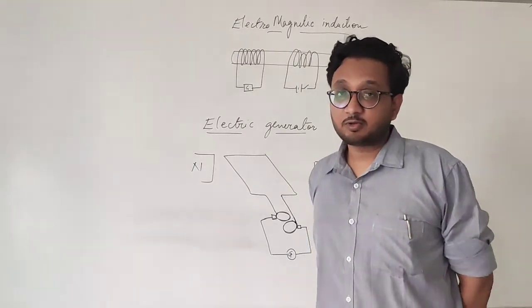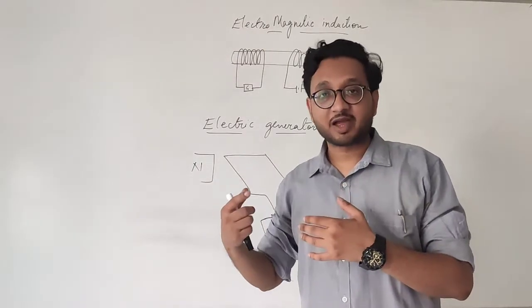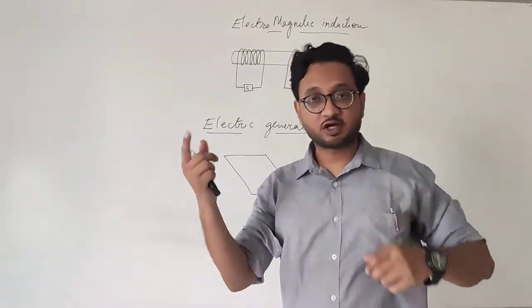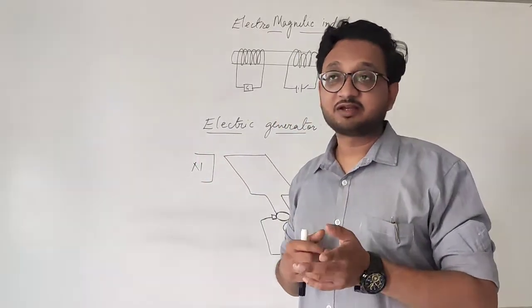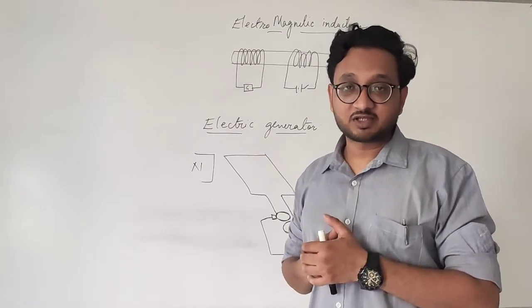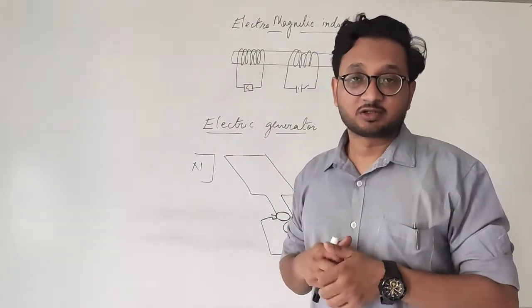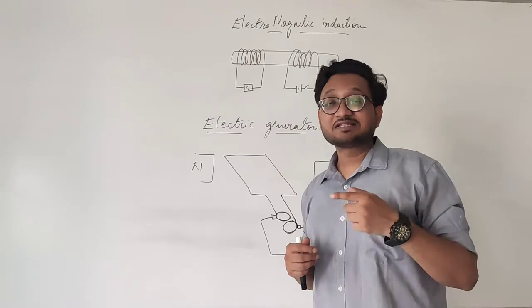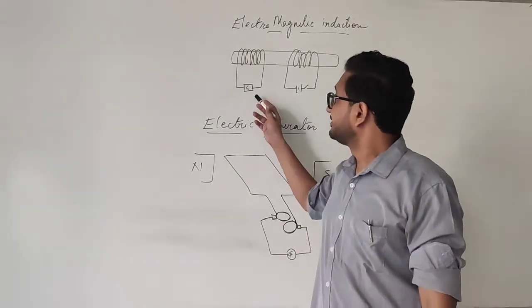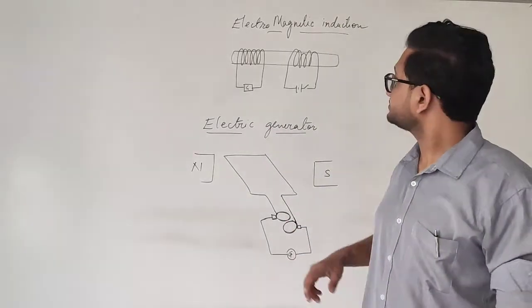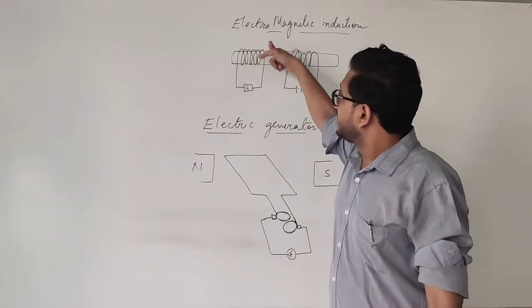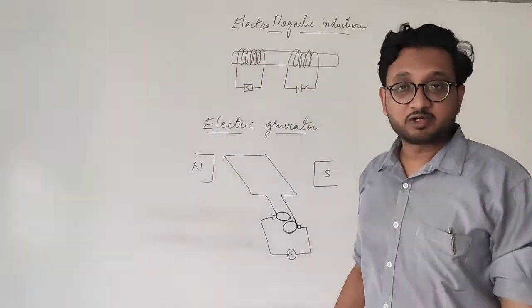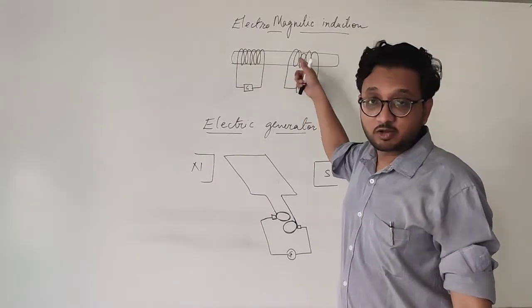So we studied how when a coil moves around a magnetic field, or when the magnetic field is moved around a coil, it shows a deflection in the galvanometer, and we can detect the potential difference and the current flowing through the coil. Similarly, we have another setup. We have taken a conducting rod and wrapped a coil around it, coil 1 and coil 2.